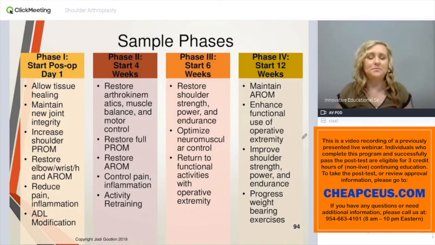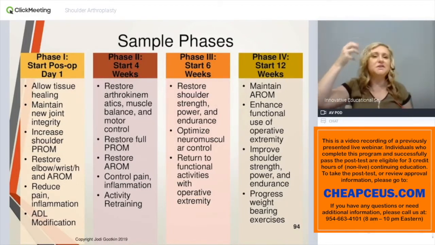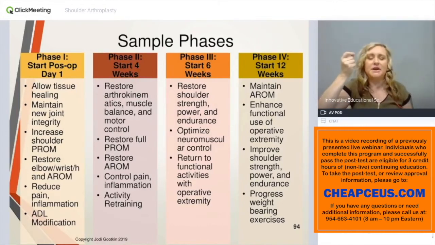Some sample rehab phases that we're going to see, and we all know that having a protocol does not supersede our clinical judgment, that we're considering that the different exercises and stretches and timing of that we do is really based on the different healing that's occurring in the tissue. So we're kind of seeing that, and I remember teaching, always telling students,